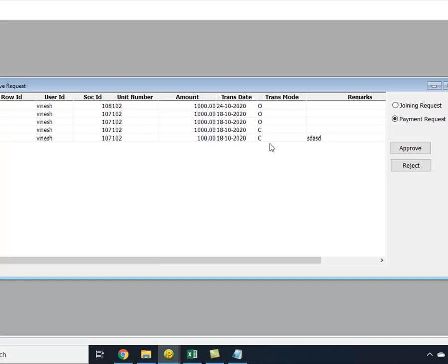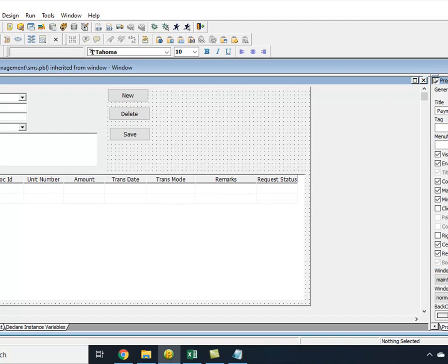So if I click here, in any format, it should sort on that particular column. Let me show you how we can do that, then you will understand.